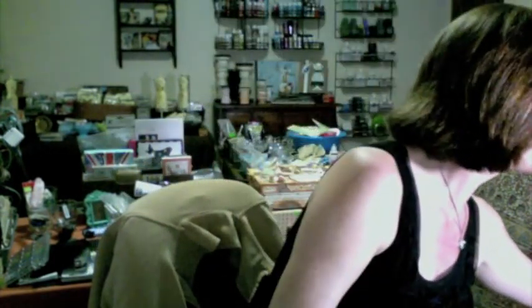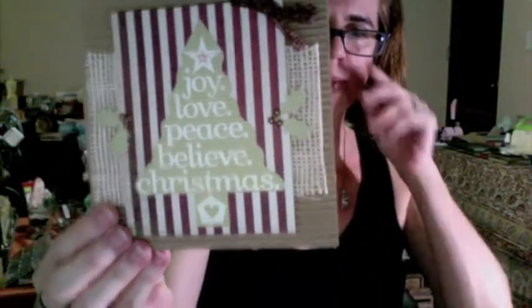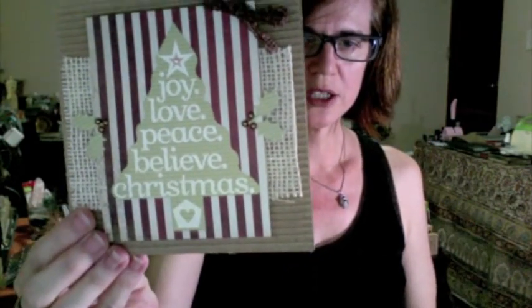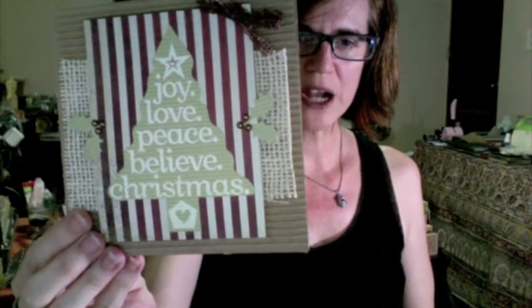So that stamp, I think that was the only thing. Yeah, I wanted to do that, and I wanted to do embossing. So I used the Versamark and some embossing powder, the Seafoam White. And let me show you what I created with that. This is the card that I made using that. So I stamped that onto the paper, fussy cut it around, and then placed another paper for a background and